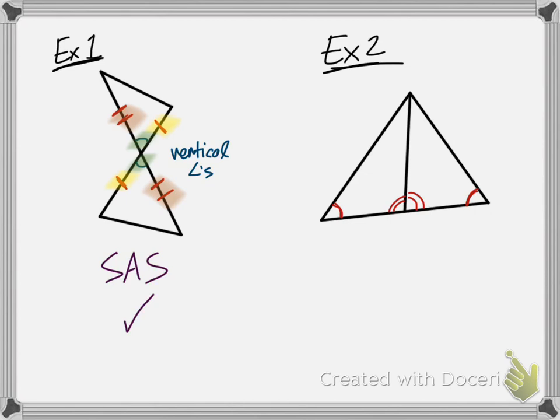With example 2, we start out, we have a pair of angles. We have a second pair of angles as well. So we have angle, angle, which at the moment is not enough information. It's only 2 pieces. However,